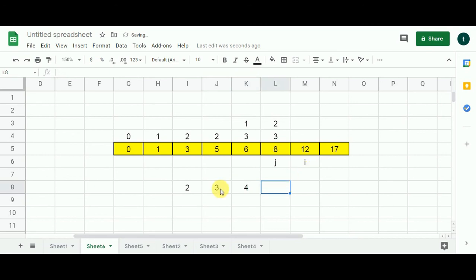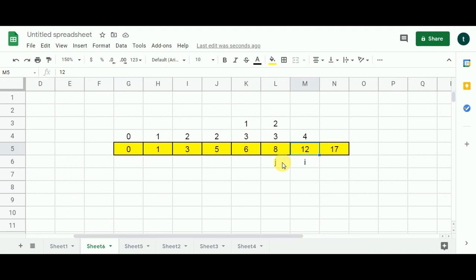Alright, so if I add 2 to this 8, I'm going to get 10, so this will be ruled out. If I add 3 to this 8, I'm going to get to 11, so this is also ruled out. And if I add 4 to this 8, I'm going to get to 12. Alright, so I've got my jump. It is certain now that if the frog lands here, then using all the previous information, using all the previous last jumps, the frog can reach this particular stone.